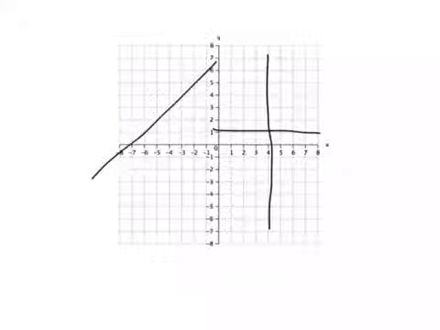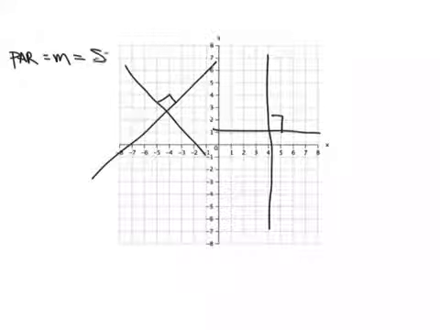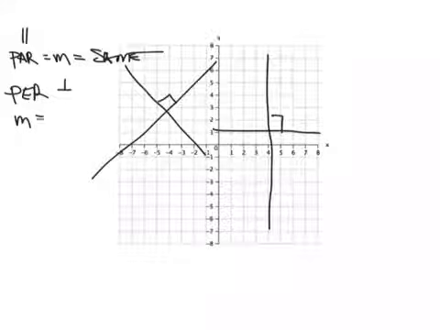Maybe you've got a line like this and a line like this, but the angle here is 90 degrees. I put a little box there because that shows that it's a 90-degree angle. That's the symbol there. Okay, so I said if they're parallel, their slopes are the same. If they're perpendicular, and there's a symbol for parallel, it's two straight lines. Perpendicular, the symbol looks like that. So if they're parallel, the slopes are the same. If they're perpendicular, the slopes are